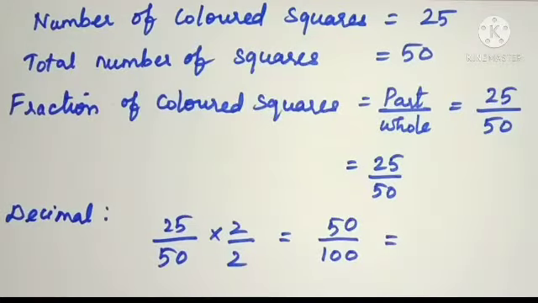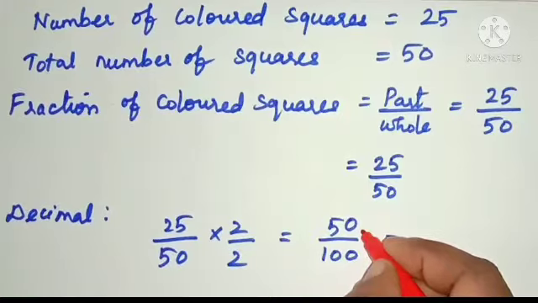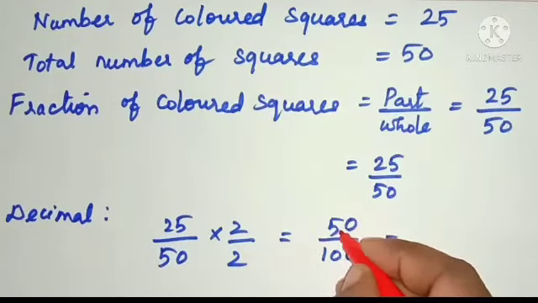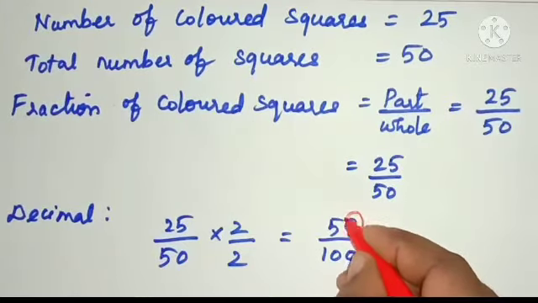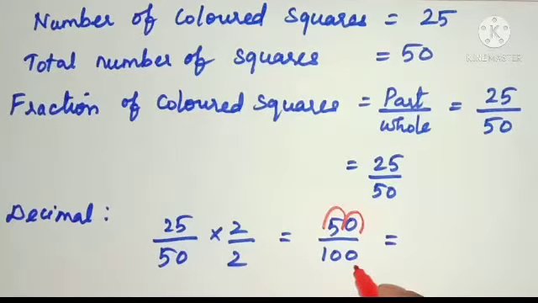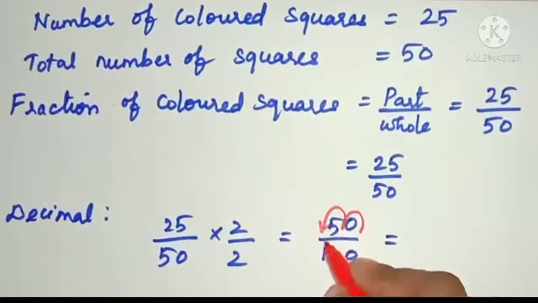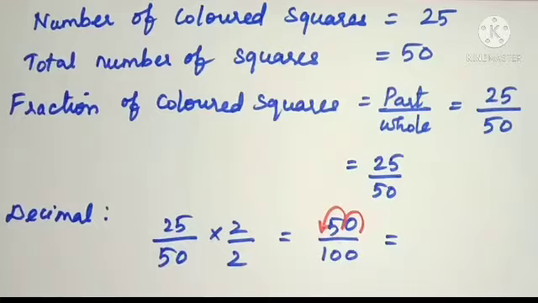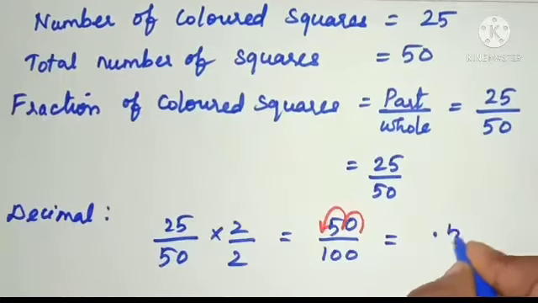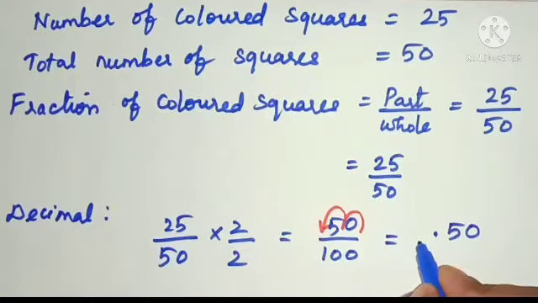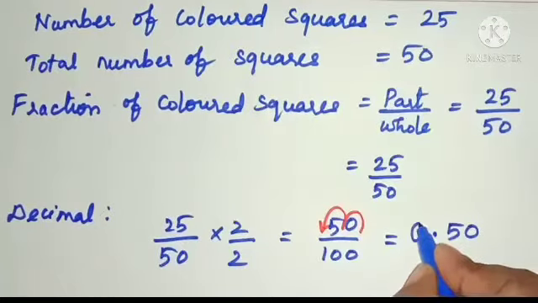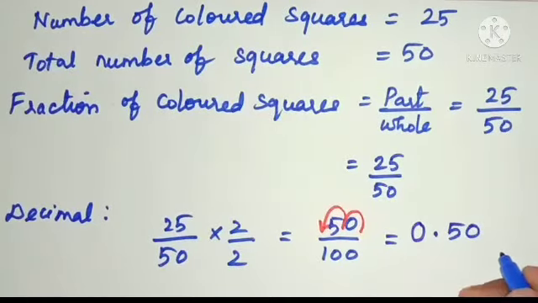Now children, we can easily convert the given fraction by placing the decimal point before 2 digits. So we move the decimal point before 2 digits, because there are 2 zeros in the denominator. So the decimal point will occur before 5. Thus we get 0.50. There is no whole part, so consider it as 0. So 0.50 is the decimal value.